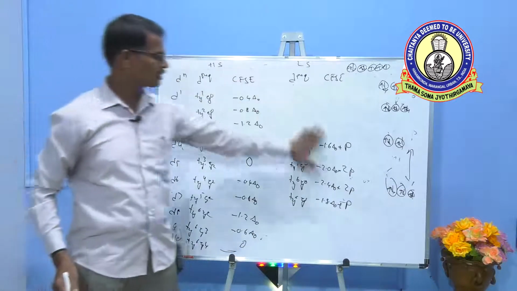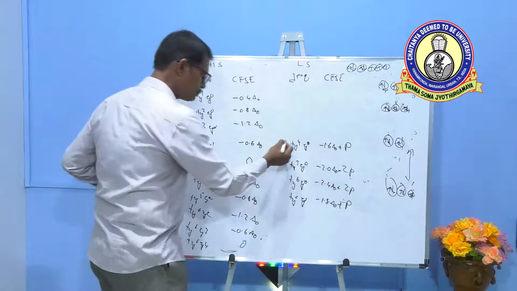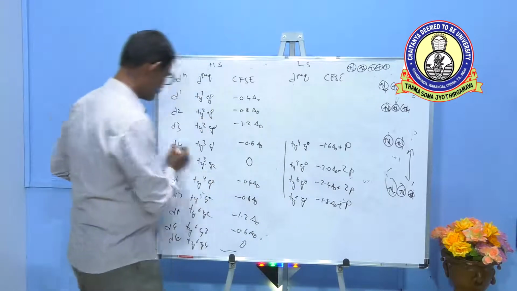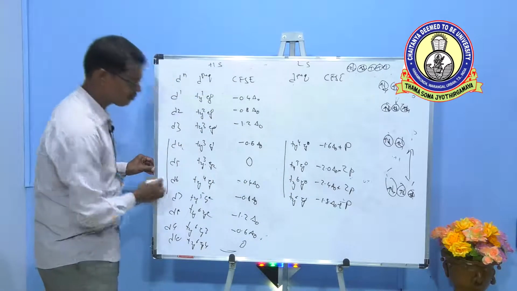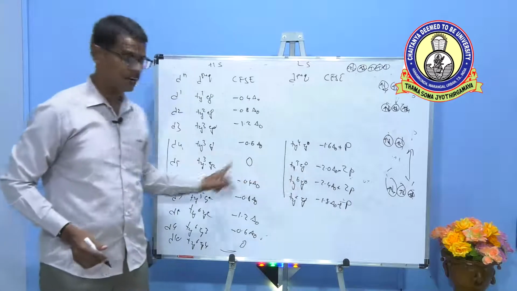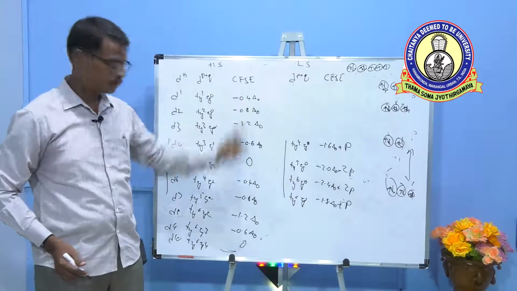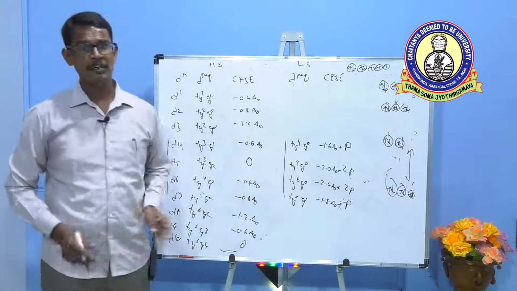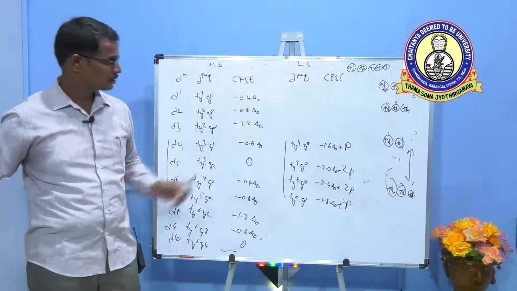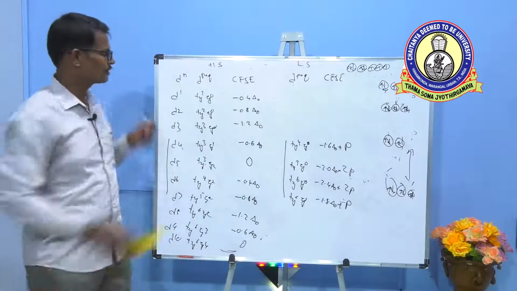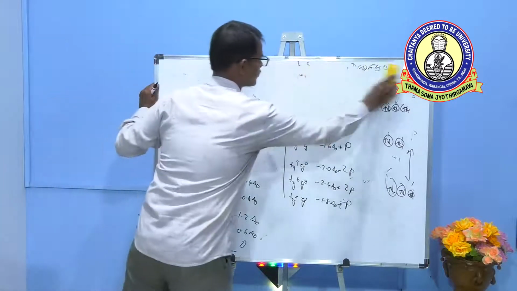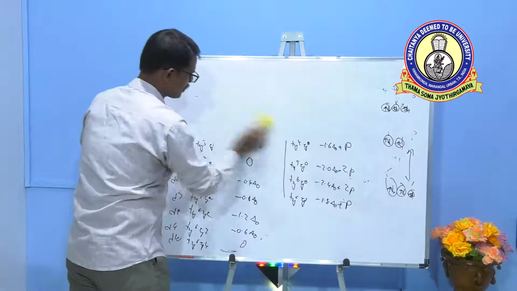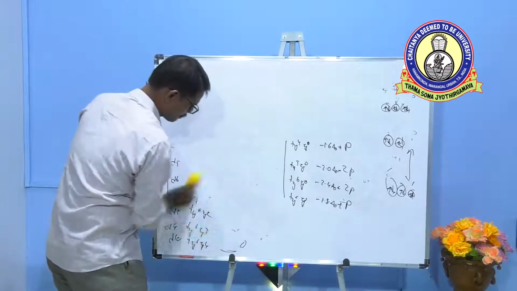So this small table indicates the low spin complexes. Only d4 to d7 have both low spin and high spin; the remaining ones are the same above and below. So this is the change in CFSE values according to crystal field theory. This is about octahedral complexes. In the same way, we can consider the tetrahedral complex also. It is a very simple case.